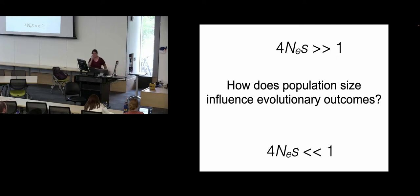There's a lot of literature, especially from the theory, that says that when this equation, the effective population size times the selective coefficient, if that number is greater than 1, then that mutation can be seen by selection. And so you get deterministic selective sweeps, or if it's detrimental, it should get weeded out of the population. If that number is less than 1, then it will be subject to forces of genetic drift. That drift will be stronger than selection. And so you can have bad mutations persist in your population, and it makes it harder for selective sweeps to